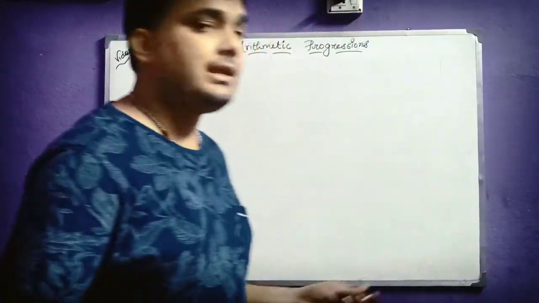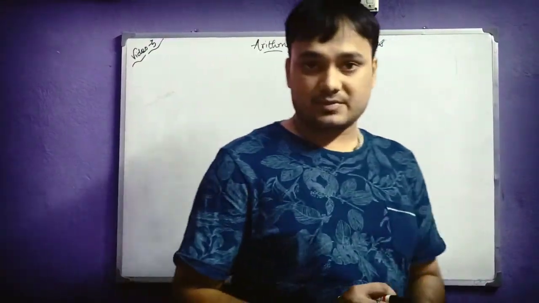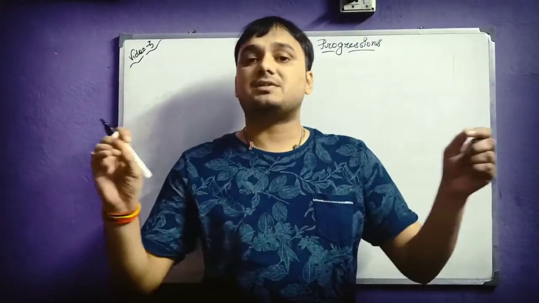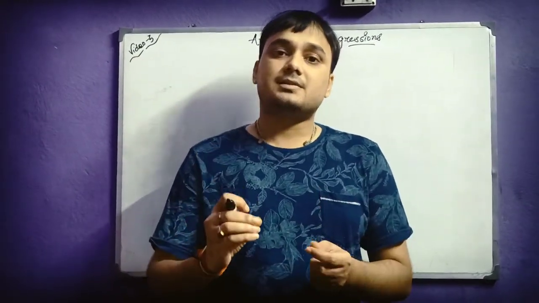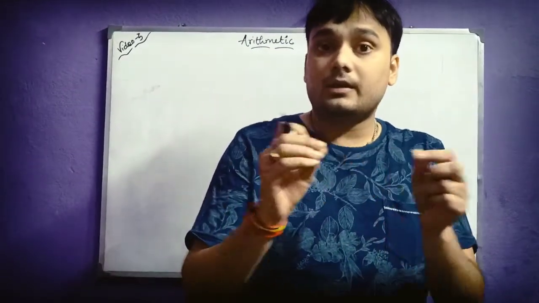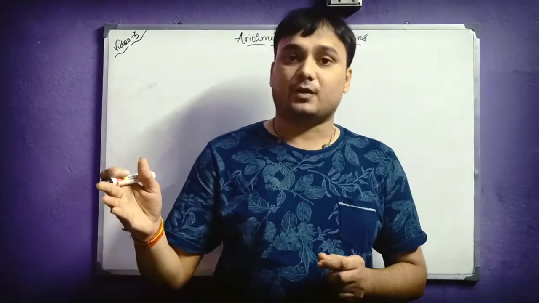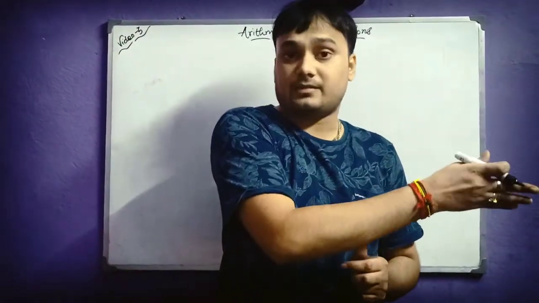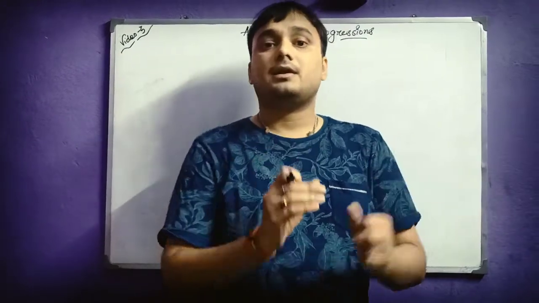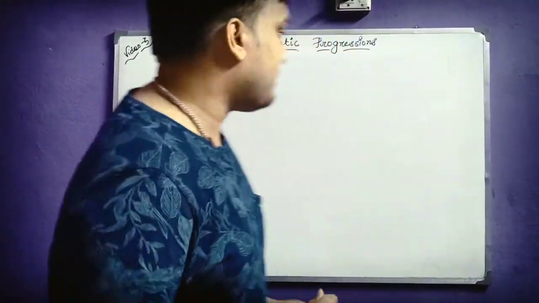So basically, let me explain to you the meaning of sum of n terms. Suppose you have a sequence of numbers, which we call an AP. So Sn means you will be finding the sum of all the numbers there, starting from the first term up to the last nth term. The sum of all the numbers is said to be Sn. Let us understand this with an example here.